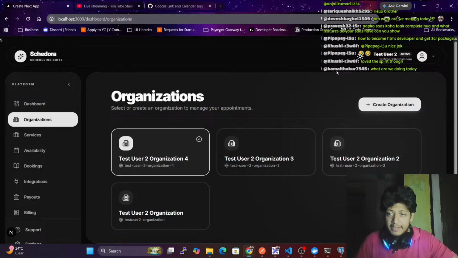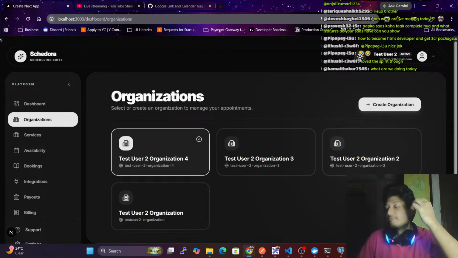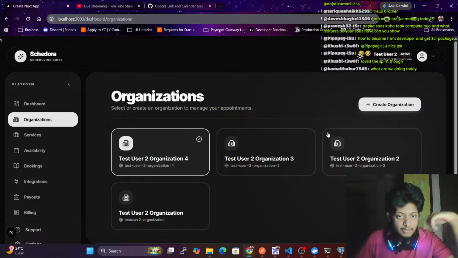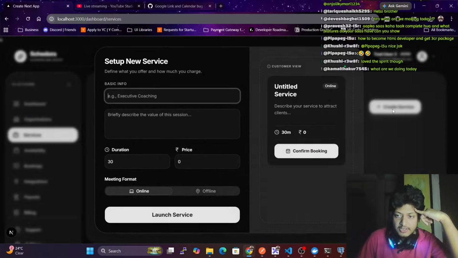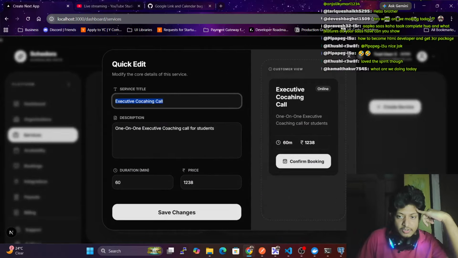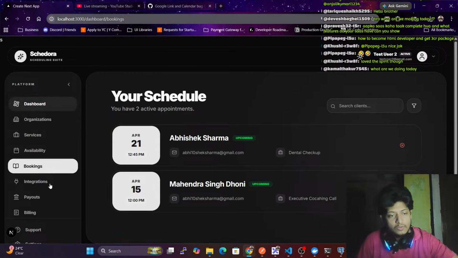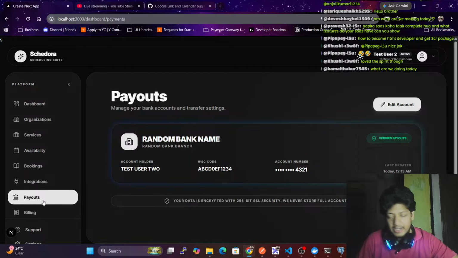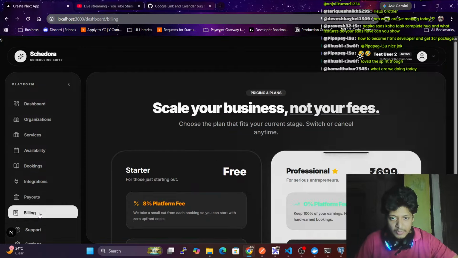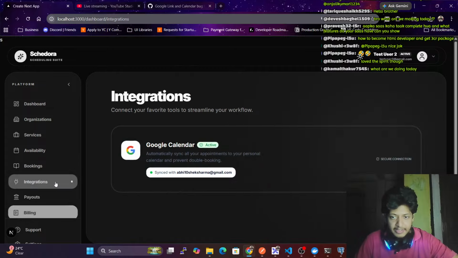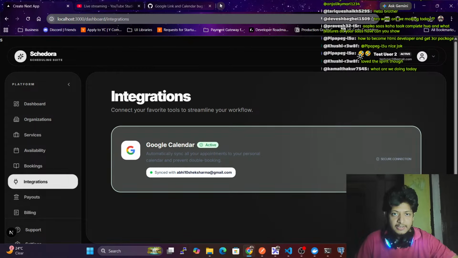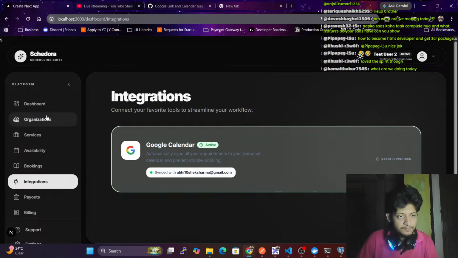We have made our app. We have dark mode and light mode enabled. Organization creation is done. Then service creation is done. The availability part is done, all these things are working now. Payout features are implemented, like the payout from the bank side we still have to implement, but here we have done this. Then integration is done. And now if we go to the booking page,